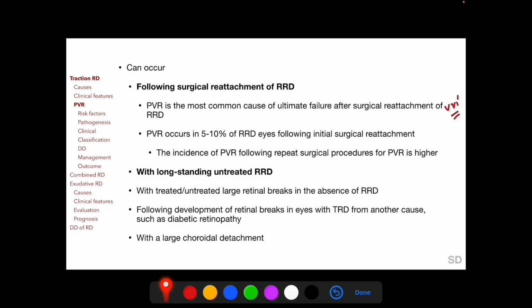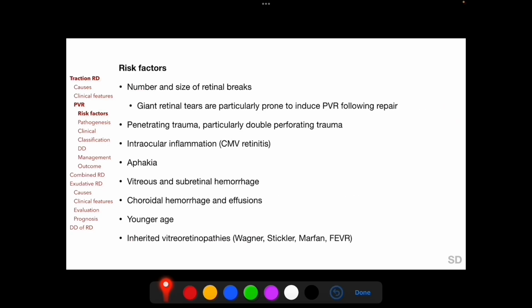Other scenarios in which PVR can occur are eyes with large retinal breaks in the absence of RRD, following development of retinal breaks in an eye with TRD from another cause, and in an eye with a large choroidal detachment. Risk factors for PVR include number and size of retinal breaks, and eyes with giant retinal tears are particularly prone to develop PVR